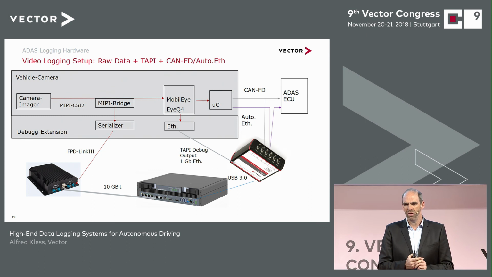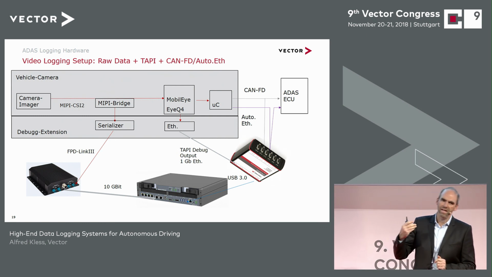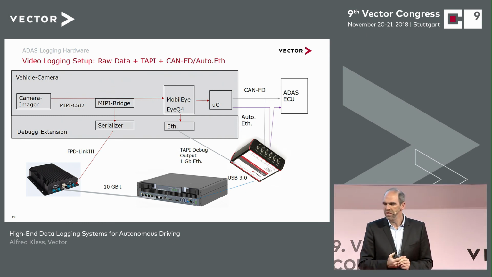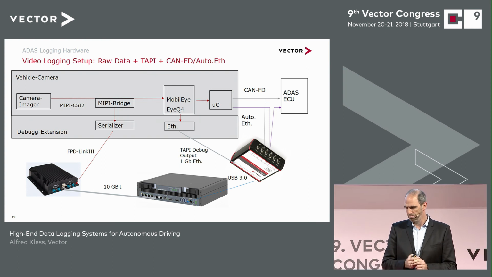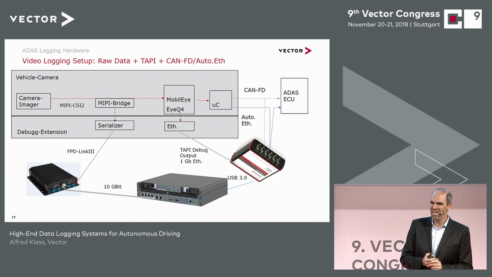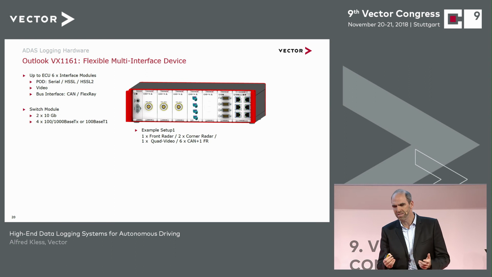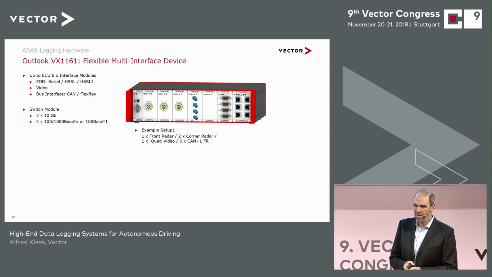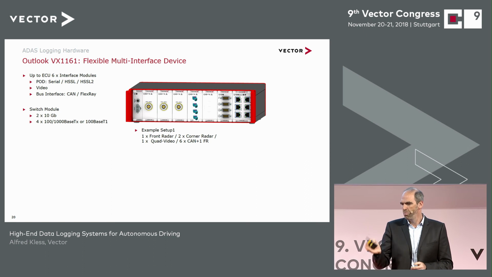And that's the end of my presentation now, with the exception of one particular feature. I have presented so far rather many individual boxes, separate boxes. And if you think we are going in the direction of level 4, this was more level 3 setups, and it gets more. And who wishes to place 10 boxes in a vehicle? So with high pressure, we are doing development work on the so-called 1161, a modular system with 6 interface modules. So I can put in